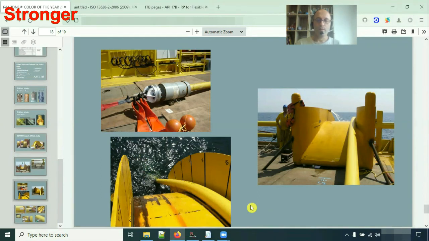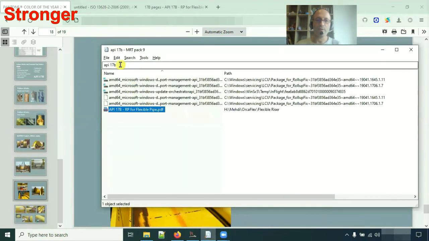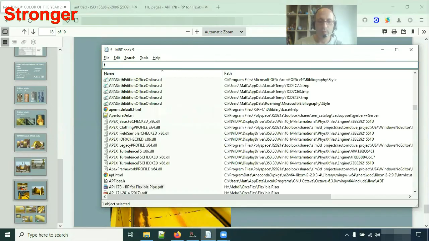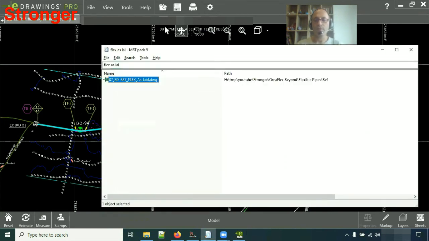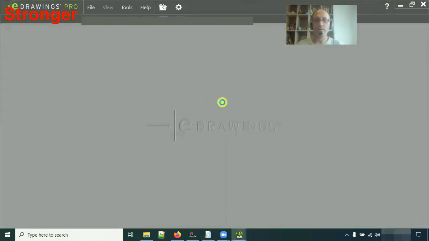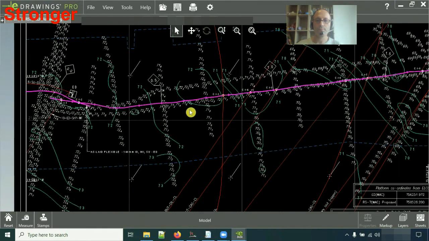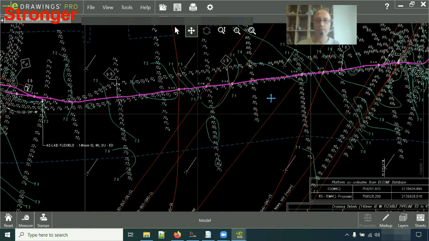This is not the end of the story. We installed these 7 pipelines, and an incident happened there, and I want to explain it. Let's first look at the alignment sheet of one of the pipelines. Okay, this is the alignment sheet of one of the pipelines that we were supposed to install. After installation, we did one as-laid survey, and okay, here it looks fine,